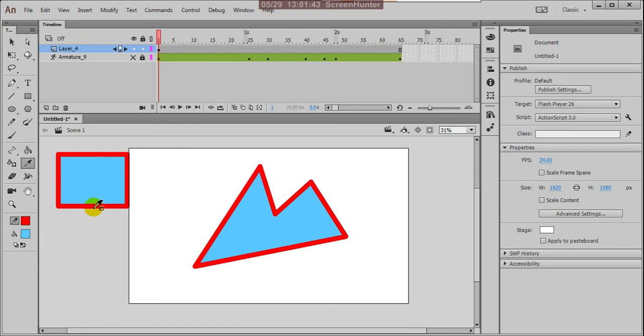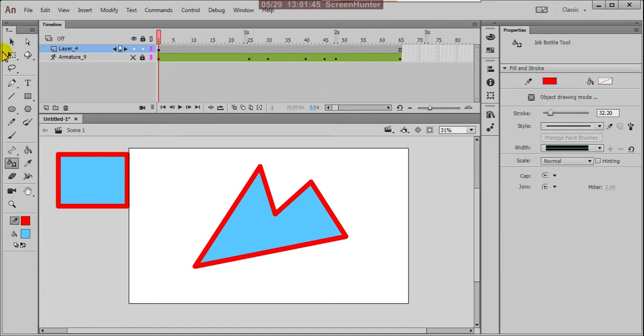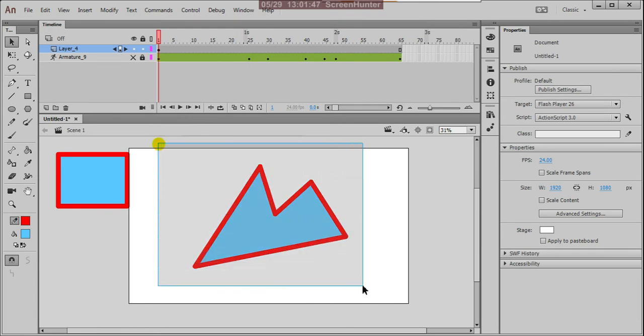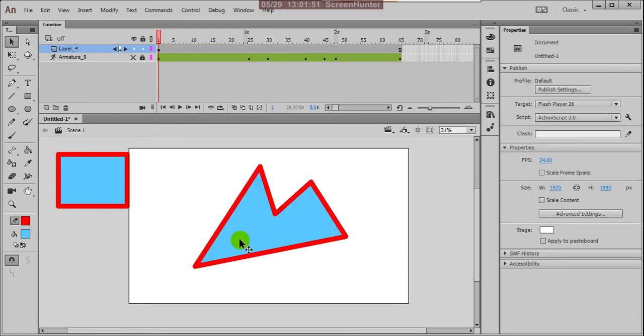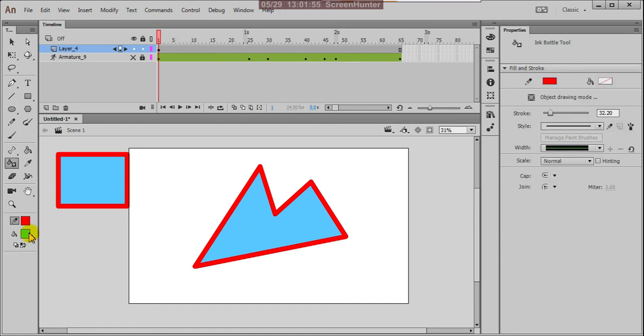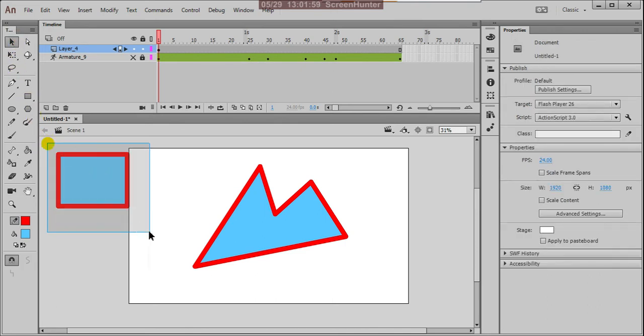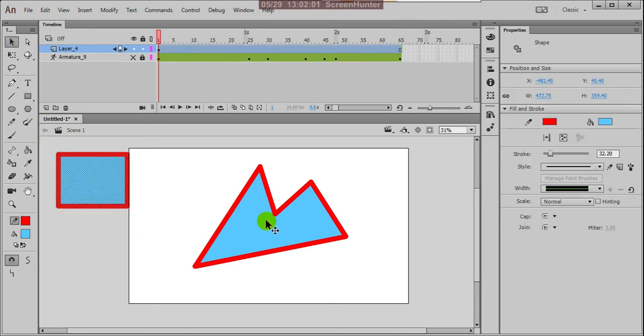Suppose this is the color, you can select that and fill that color.